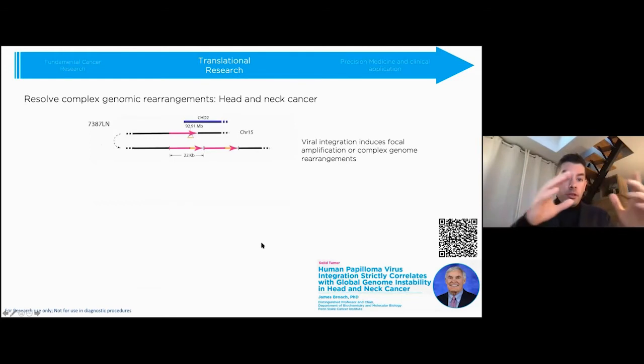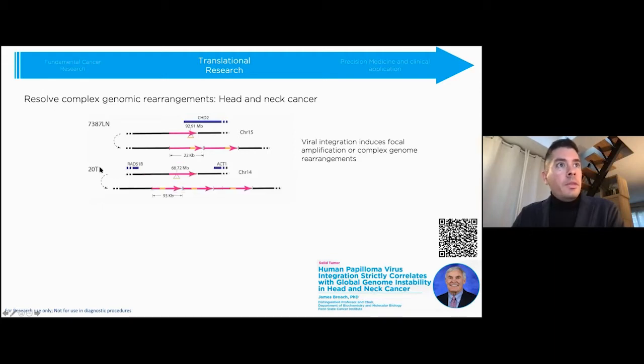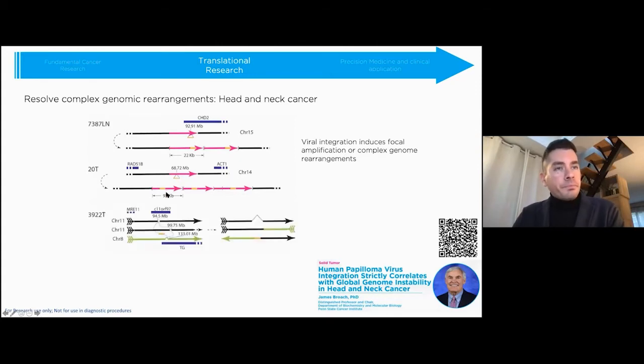And from this structural signature obtained from our map alignment, Dr. James Broach reconstituted the complex events triggered by HPV insertion represented on these cartoons. You have here in one sample this HPV insertion that will trigger a duplication with HPV at the junction between the duplicated fragments. In this sample, it will trigger a triplication of this fragment over there, but it can also